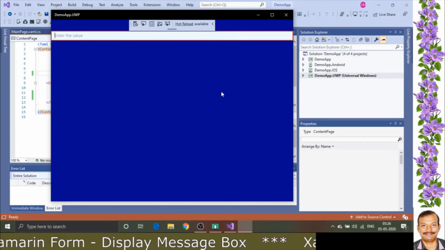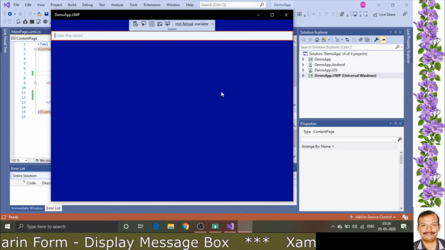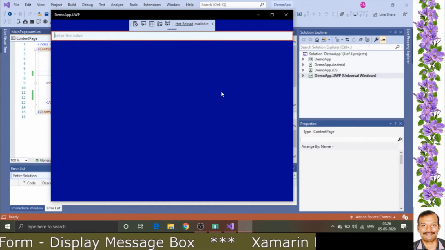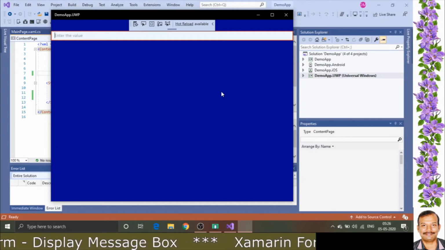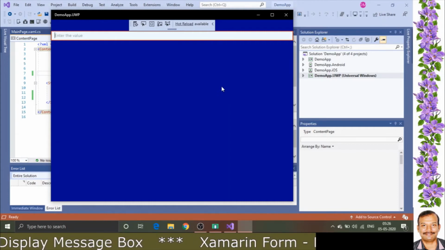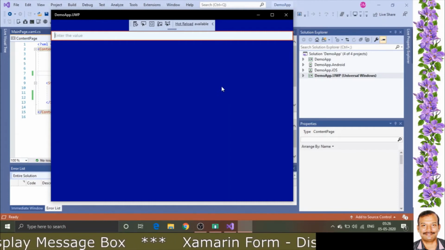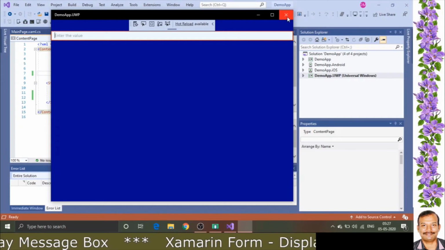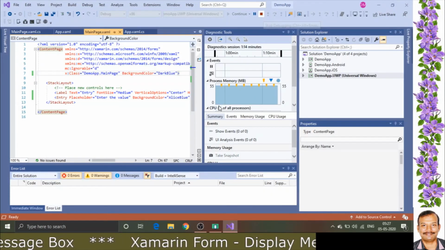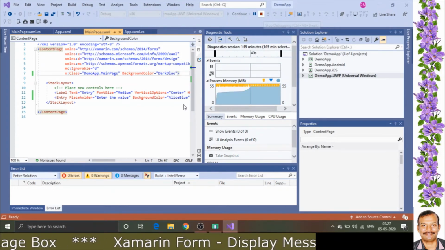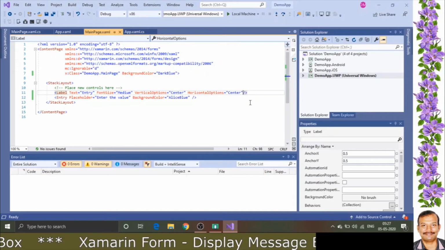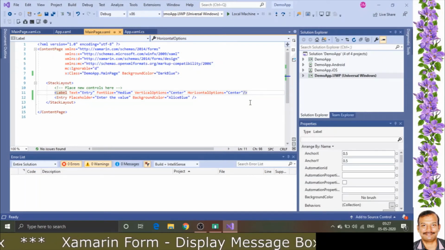We got the output. Now I am going to do some modification with respect to the label. I am going to change the label text color and see how the output will be. This time we will execute on Android.